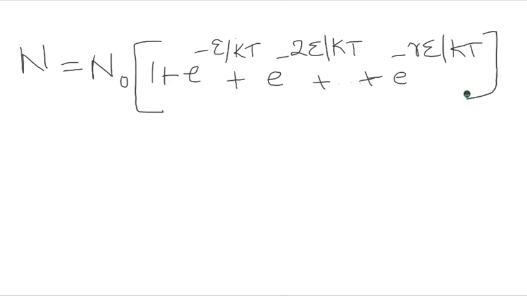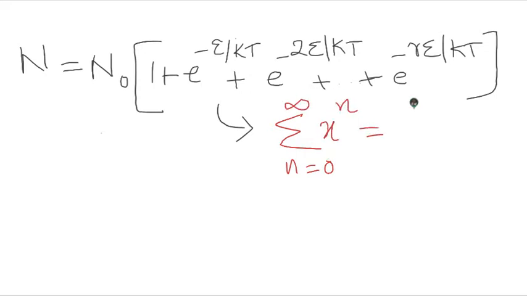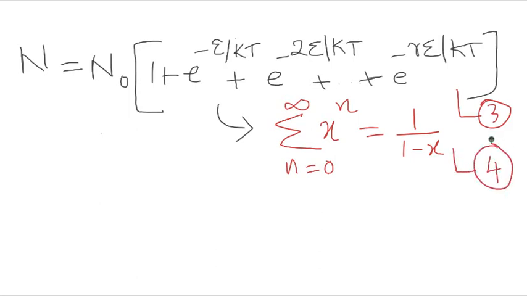So this represents a summation 1 plus x plus x square and so on. So this part is given by the summation formula. Summation n running from 0 to infinity x raised to n, which is given by 1 by 1 minus x. Okay, so let's call this equation 3. And this formula, let it be equation 4. So we can substitute 4 back into 3. Okay, and write this expression as